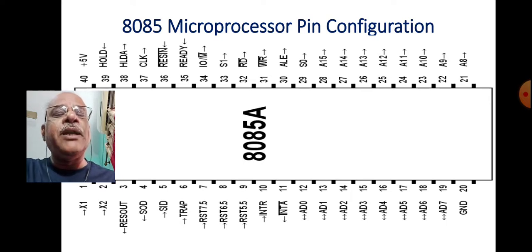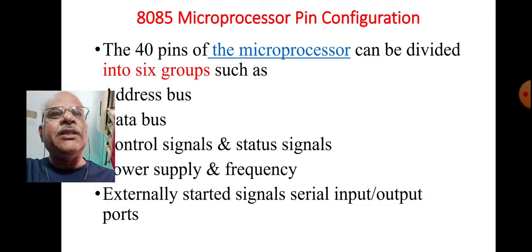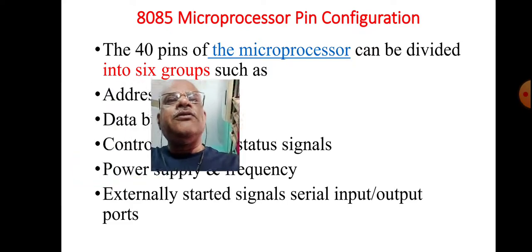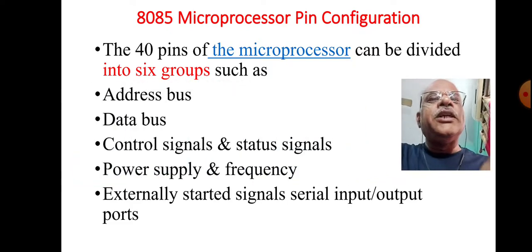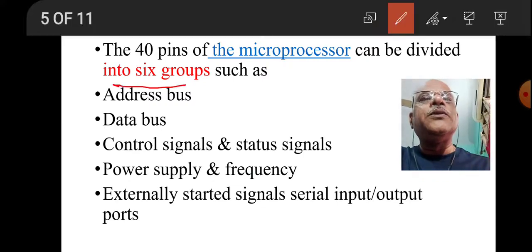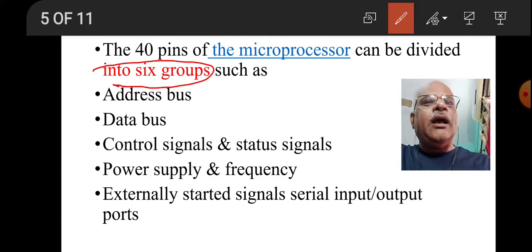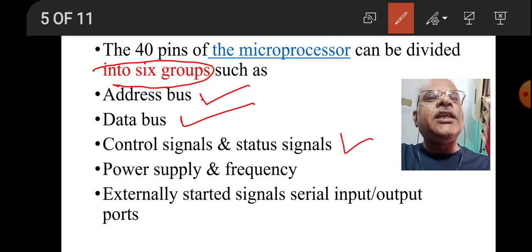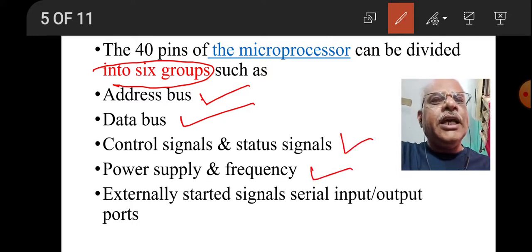But remember, we will have to come back to this IC and discuss the different pins of this IC. I have told you there are 40 pins available in the microprocessor. These 40 pins are generally divided into 6 groups. There are the address bus, the data bus, control and status signals, power supply and frequency, externally initiated signals, and serial input and output data ports. Okay,